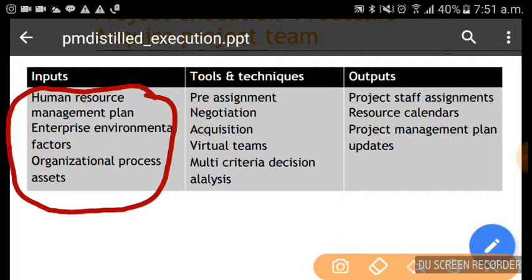Initiation itself. Organizational process assets, we already covered. Tools and techniques, when it comes to human resources: pre-assignment, negotiation, acquisition, virtual teams, multi-criteria decision analysis. The outputs are project staff assignments, resource calendars, and project management plan updates.